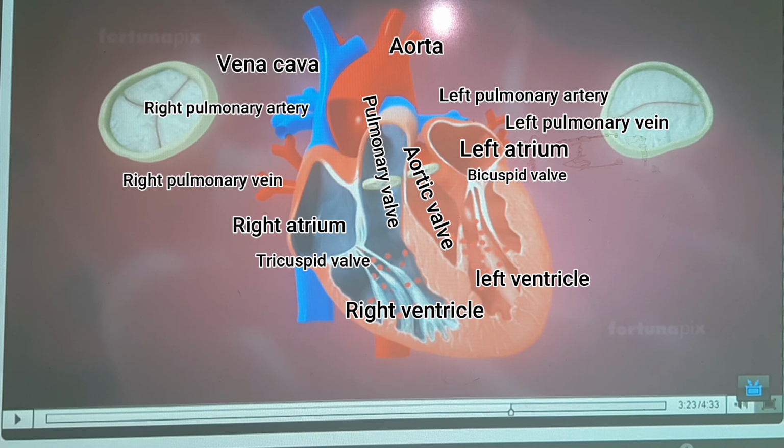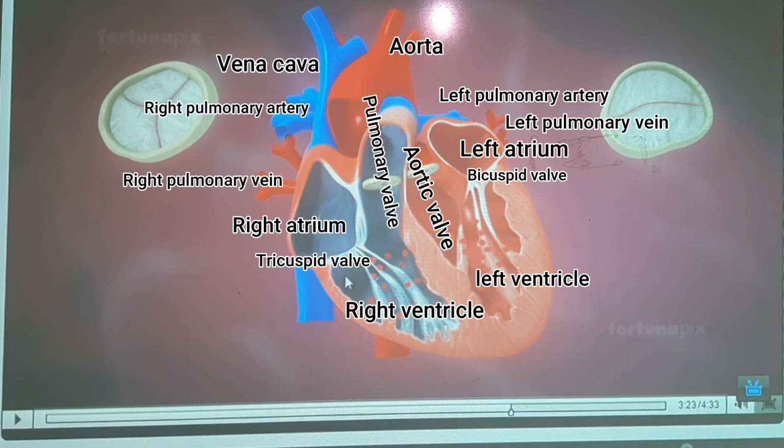Okay. Now you can see here the ventricles are filled with the blood. So once they fill with the blood, the ventricles contract and the blood pumps to the pulmonary artery and the aorta. Okay. And the blood that flows from the atria to the ventricles never